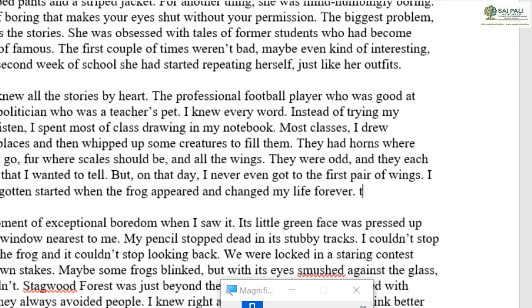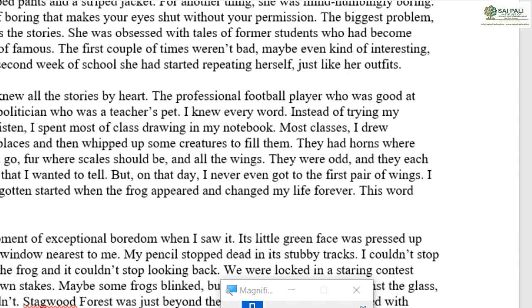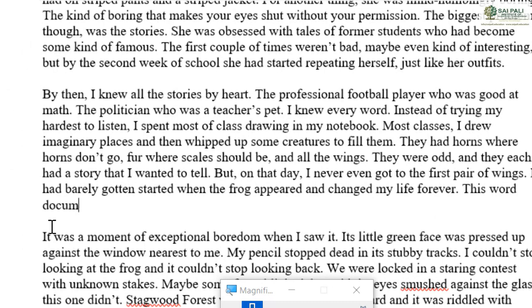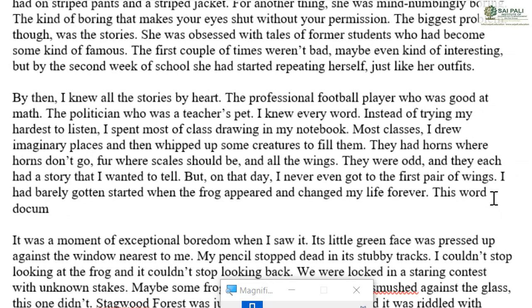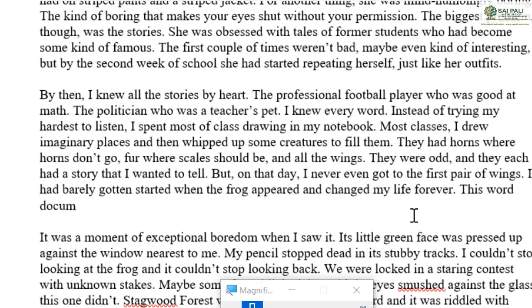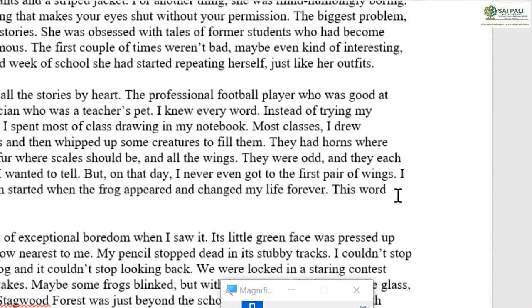I say this word. Now see, I keep typing. Now I have a remaining space for my line. Now I will type a big word here. Now see what happened here. It automatically moves to the new line, and it is not able to complete this line because the word which I am typing cannot fit into the space which is remaining here.